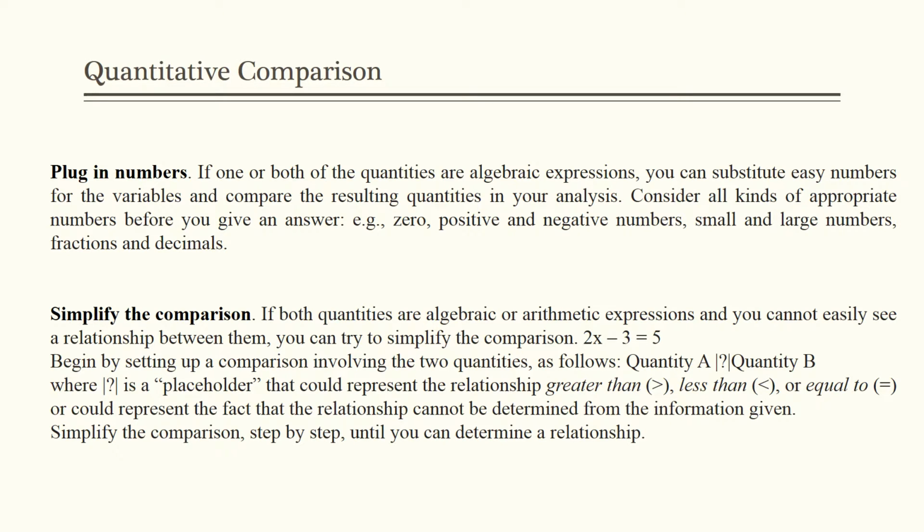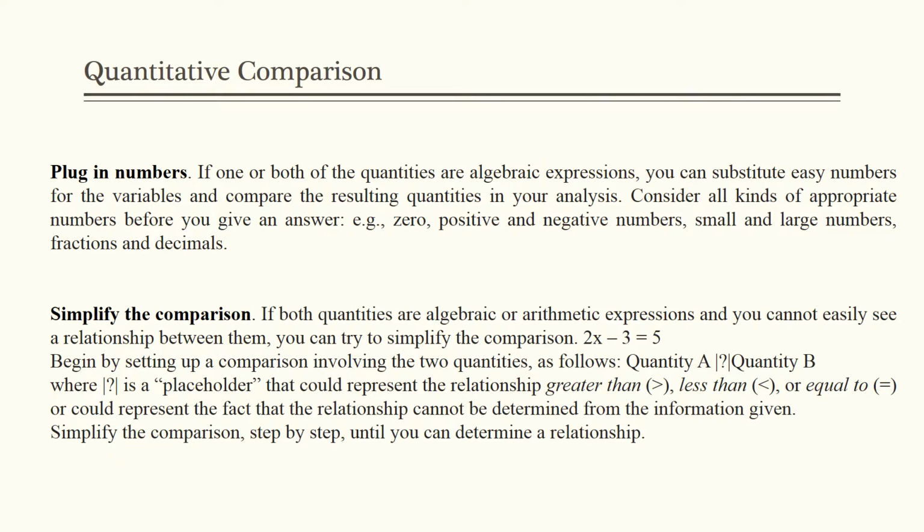Some questions will specify that the numbers are only positive. Then you don't need to cover all the possibilities. But if it doesn't say so, and that's usually the trick in most questions, you need to cover all the possibilities. Simplify the comparison. Now, if you have algebraic or arithmetic expressions, and if you don't see an obvious relationship